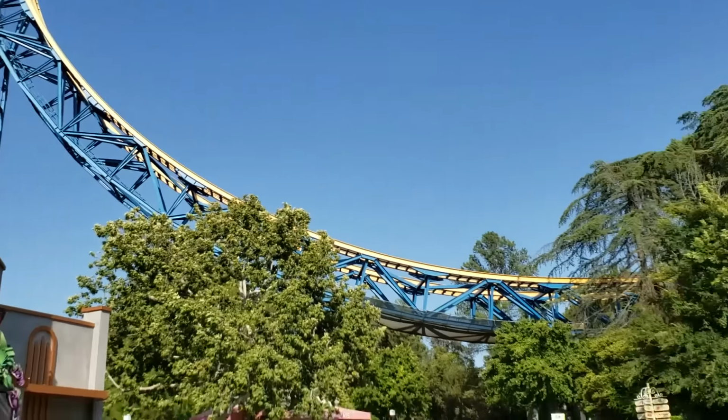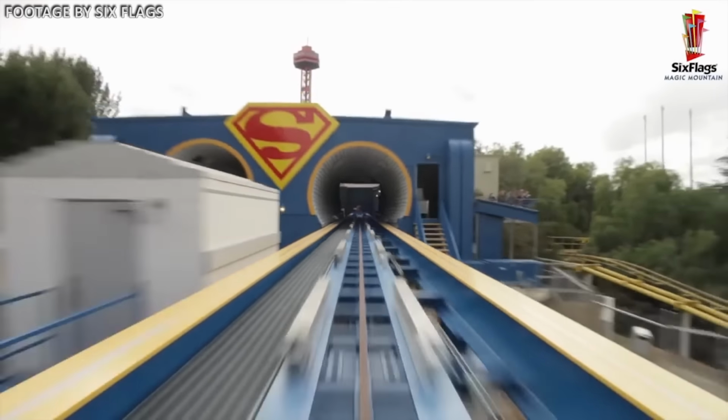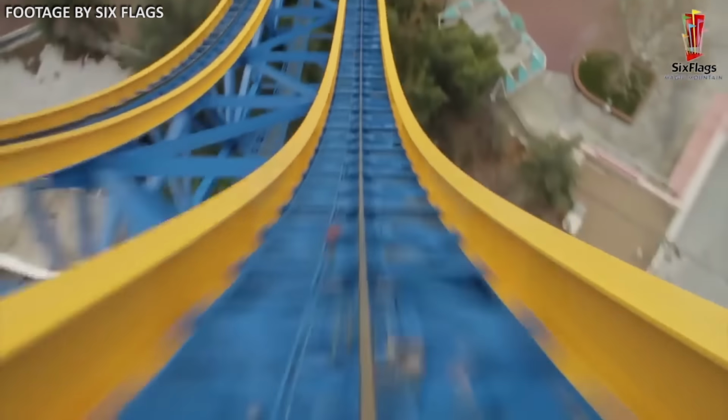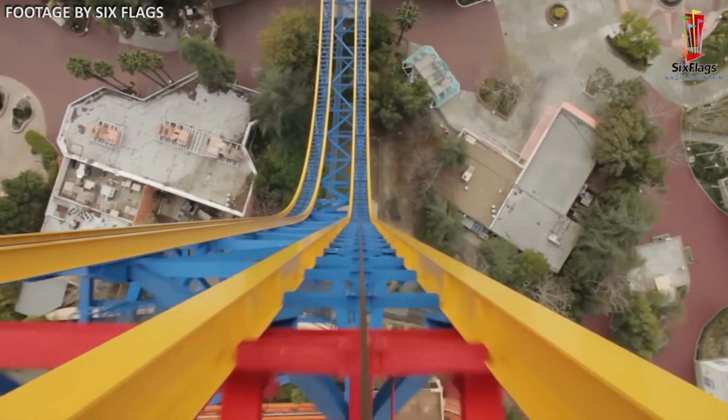Later in the day though, I decided to ride up front, and while I still had my criticisms, it was an overall improvement. The unobstructed view makes the ascent and descent a lot more exciting, as there is nothing in front of you but the track. Also, the wind in your face on the way down considerably added to the coaster's fun factor,